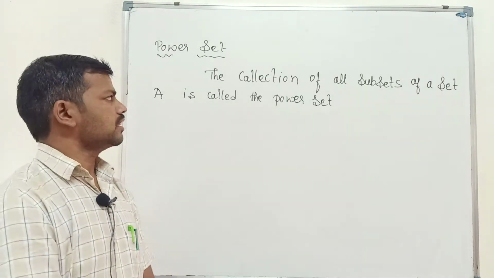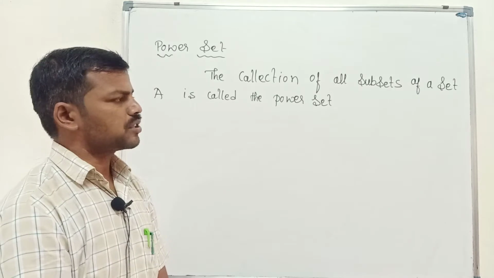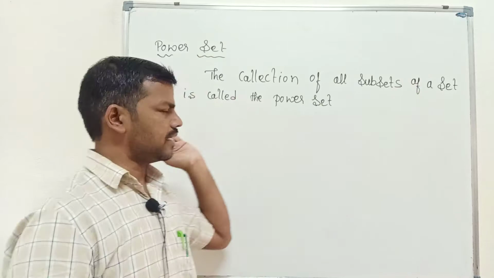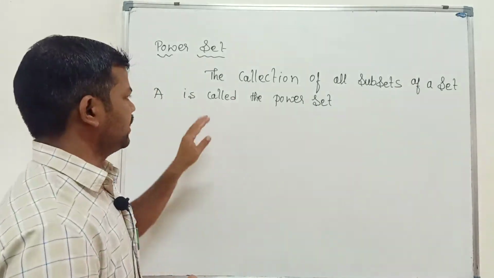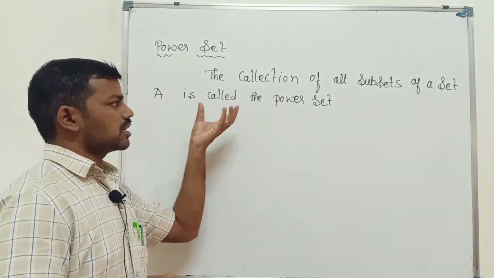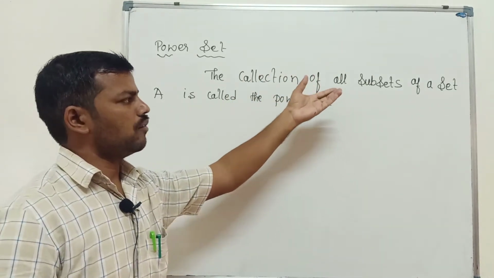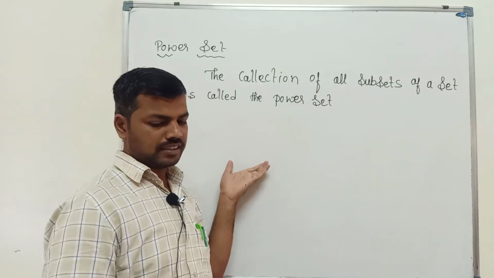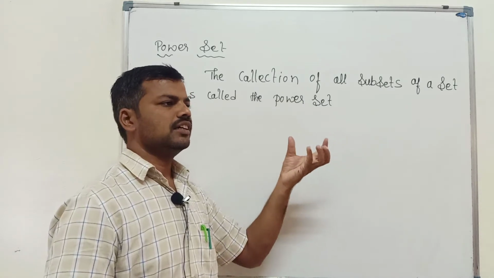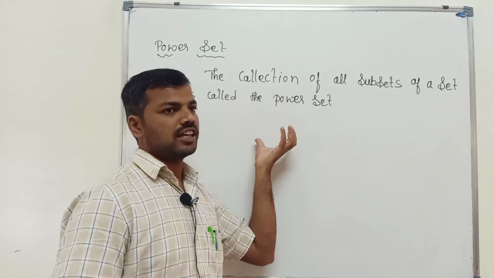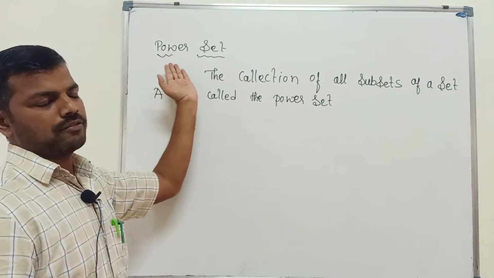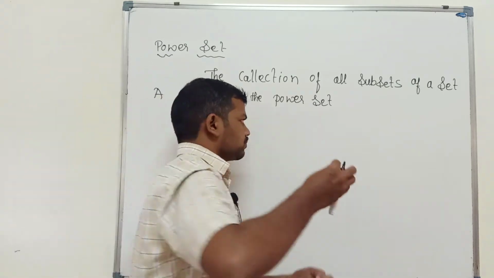So power set is nothing but the collection of all the subsets of a given set A. If they have given one set, we have to collect all possible subsets from the given set. What are these subsets? Which are the subsets of that given set? Those we have to collect. So that collection is called a power set, and it is denoted by